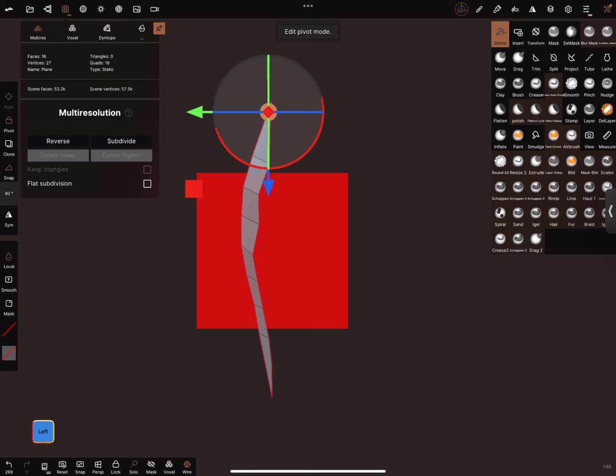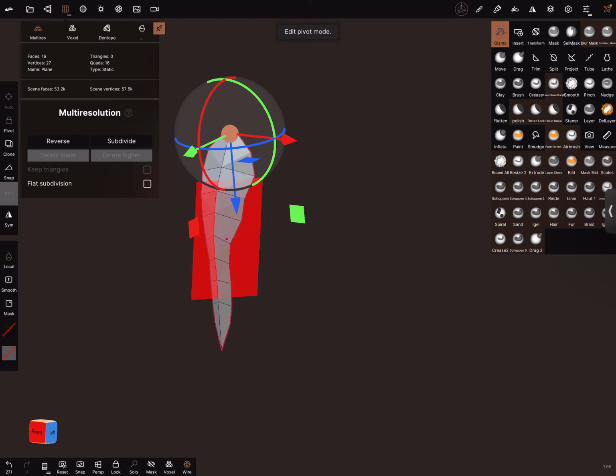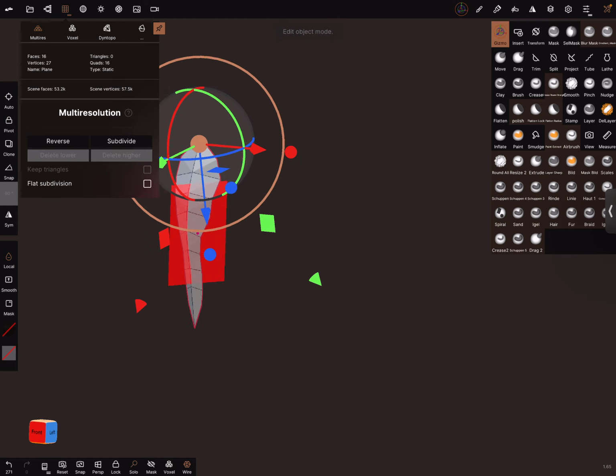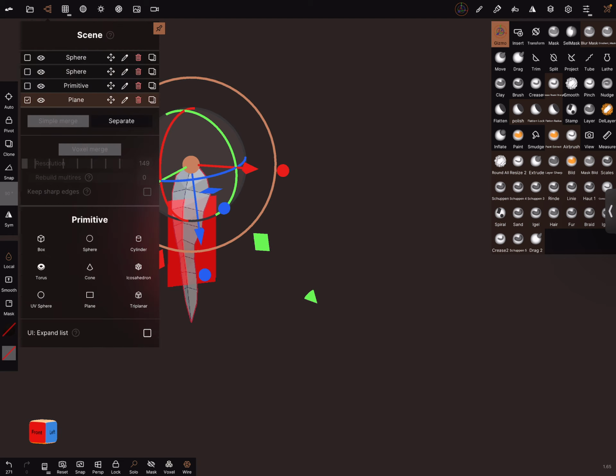Left view, snapping off, and now it's like this, and we need a little bit more like this, I think. Let's test it. Pivot active. We need a sphere.